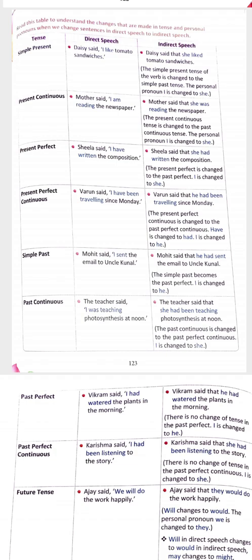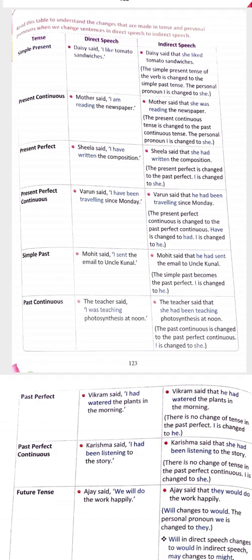Next we have the present continuous tense. The sentence is: Mother said, I am reading the newspaper. So students, first of all you have to identify what kind of tense this is. As I see, it is from I am reading, so this is the present continuous tense. It is very clear that we have to change it into the past continuous tense. So how will we change it? Mother said that, I changes into mother, so there would be she. Am reading changes into was reading the newspaper. So that is the example of changing present continuous tense to past continuous tense.